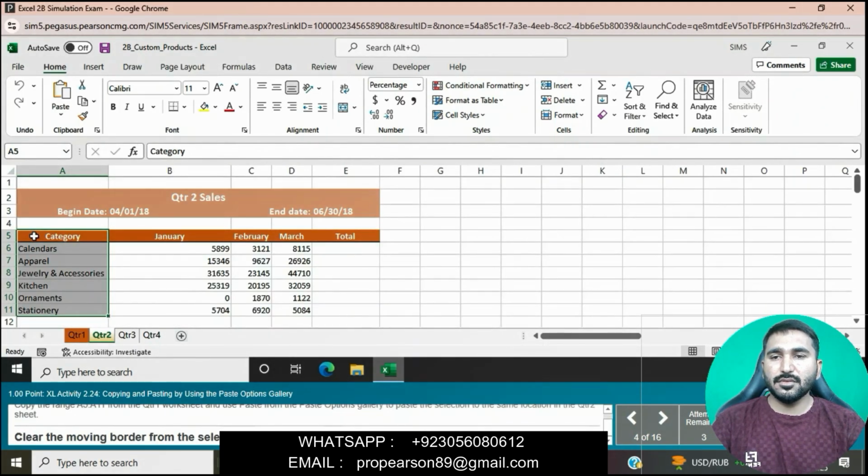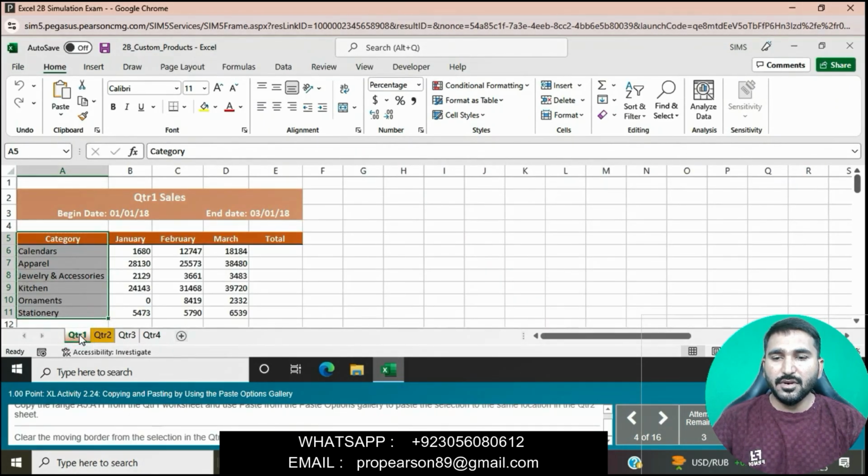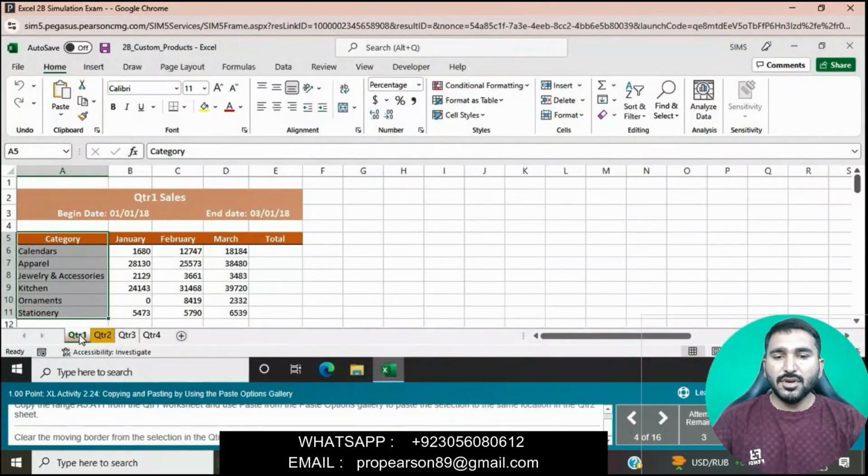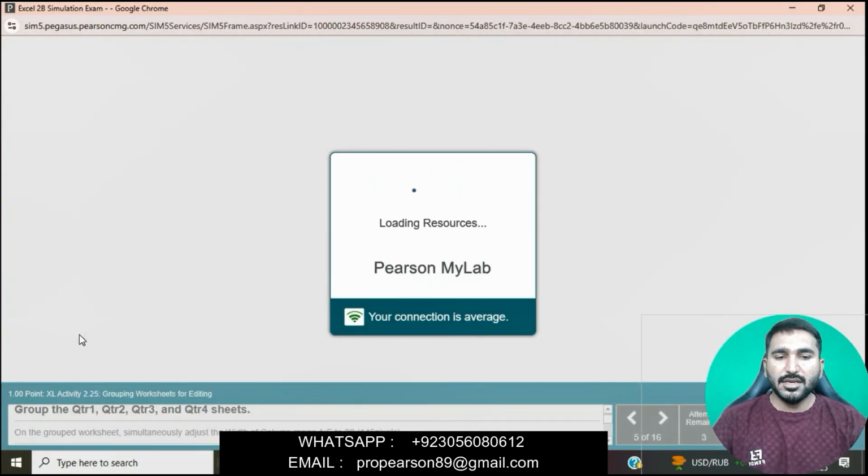Now clear the moving border from the selection in the QTR1 worksheet. Click on the QTR1 worksheet. Question is completed now. Now moving on, next question is question number 5. I have done 4 questions of the simulation exam right now. Question number 5 is that